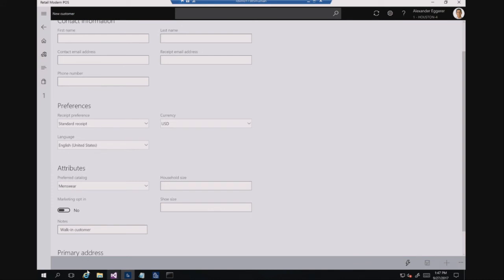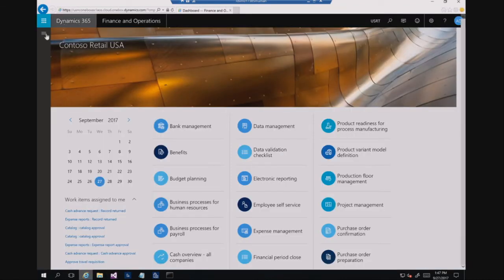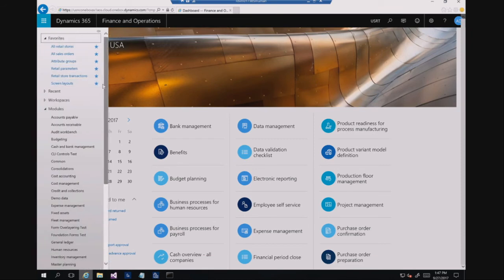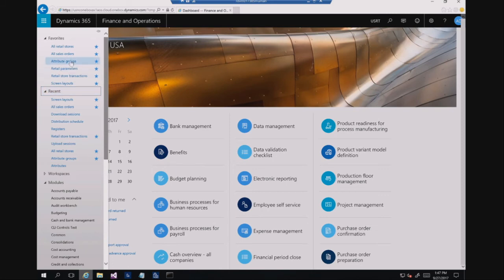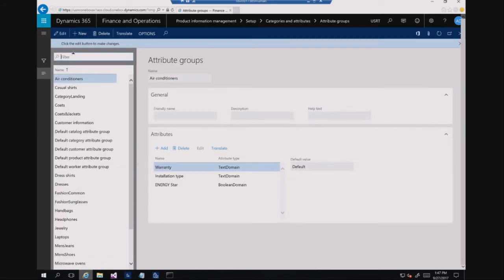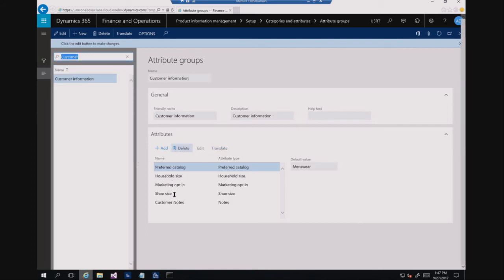What you need to do is just go to AX. First, in the attribute group, you will create an attribute group. For example, for this one, I created the customer attribute group. There you go to the list of attributes and add the attributes you want. For example, I added the marketing email. You can specify the types also, whether it's a Boolean or string. Based upon the metadata, the UI will automatically render. If it is a string, it will show a text box. If it is yes or no, it will show a toggle switch. So you can define attributes.